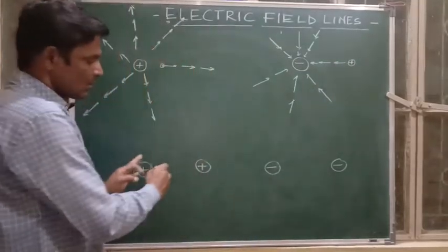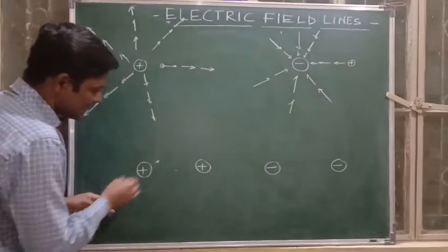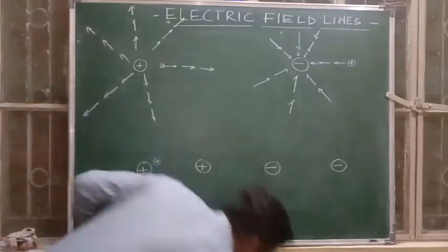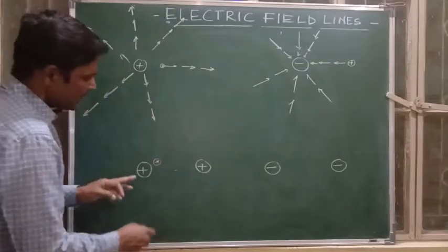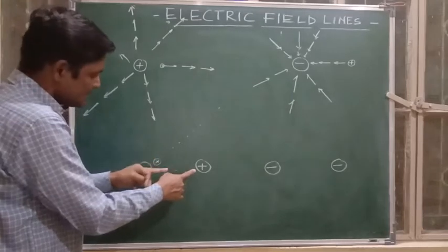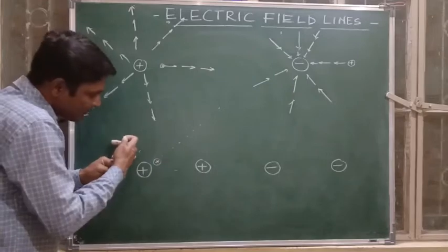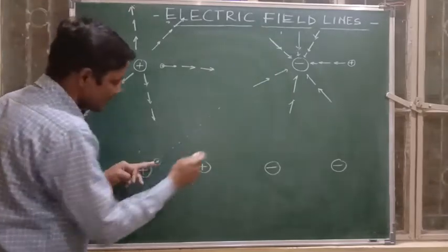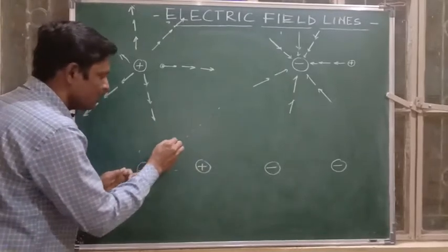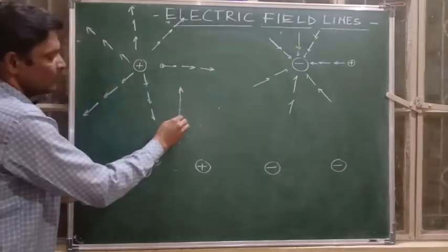Now here we have taken two positive charges. What will happen? Suppose that I have taken a positive test charge here. If this other charge were not present here, it would be repelling this away. But it is already existing here, so this will put a repulsive force in this direction, and this will put a repulsive force in this direction. So neither will it move in this direction nor in this direction. It will take a different path.